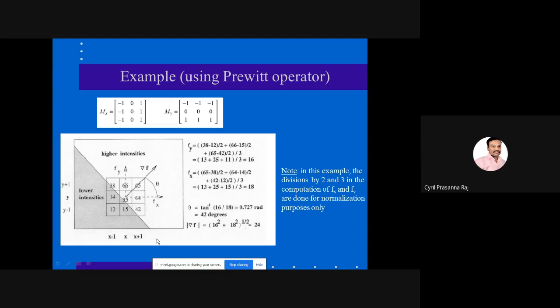Please understand, let me repeat it. We have just done the computation of fy and fx for pixel 35. We found that fx is equal to 18, fy is equal to 16, and we are able to find the direction angle, which is equal to 42 degrees. What does that 42 degrees imply? It implies that if I consider this pixel position, with x as the reference axis, and I take 42 degrees from here and draw a vector, then perpendicular to that vector there is an edge available in the image.